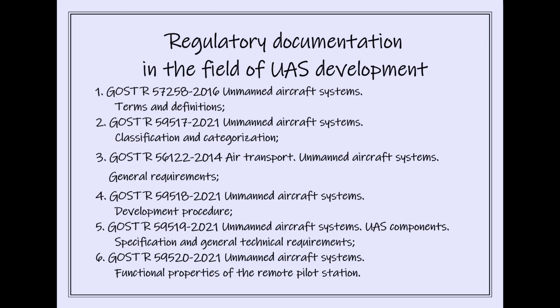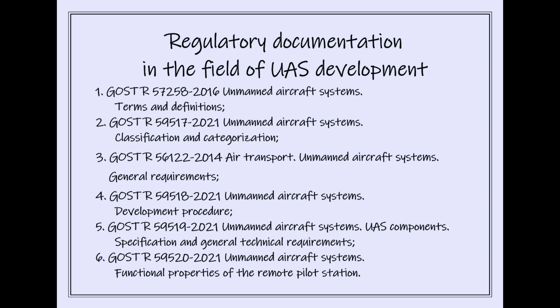As in the previous issues, I will say a few words about the regulatory support for the unmanned aircraft system reverse engineering process, which we will consider today. So, let's make a brief overview of the regulatory documents that will be used by us in the formation of the technical assignment. The first, GOST 57258, unmanned aircraft systems, terms and definitions. This standard establishes the terms and definitions of basic concepts used in science, technology, and production in the field of unmanned civil aviation systems. The second, GOST